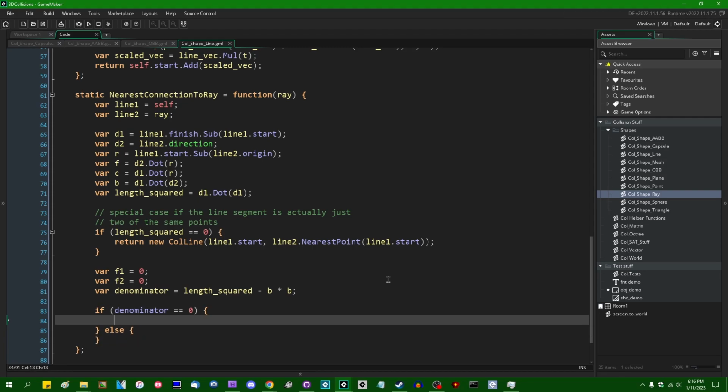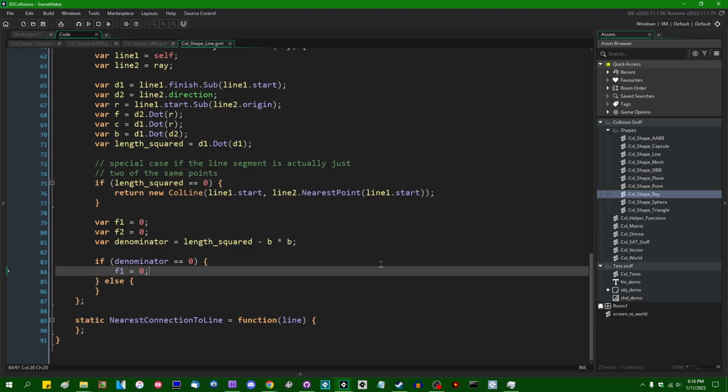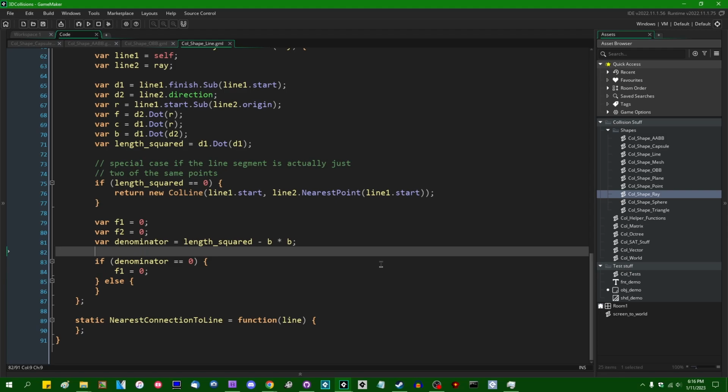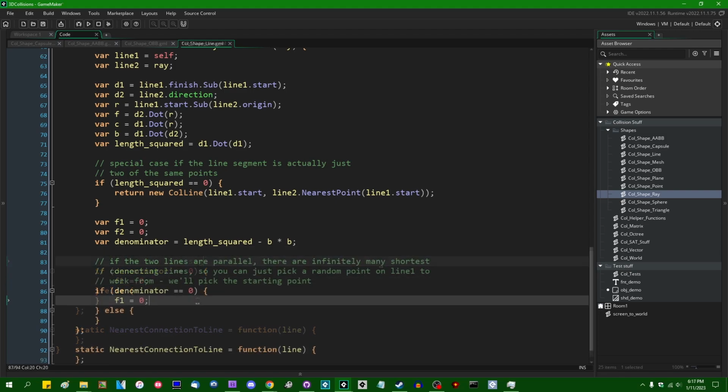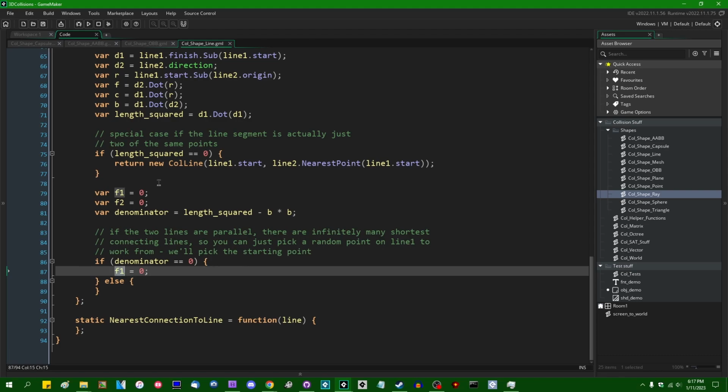then we can simply set f1 to 0. It already is 0. Why am I setting it to 0 again? I'll just leave it like that with a comment. Alright, and as I said, f1 is the distance along the first line where the nearest connection can be found. So setting that to 0 is just going to set it to the line